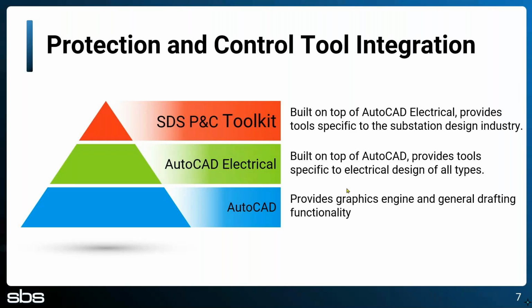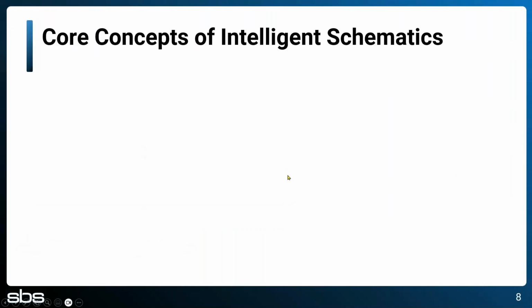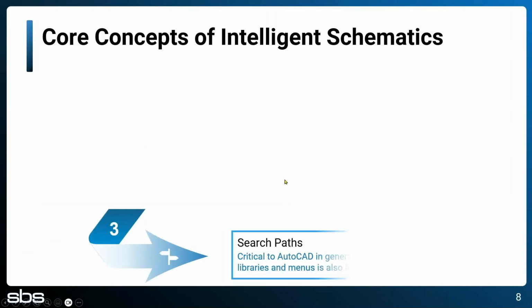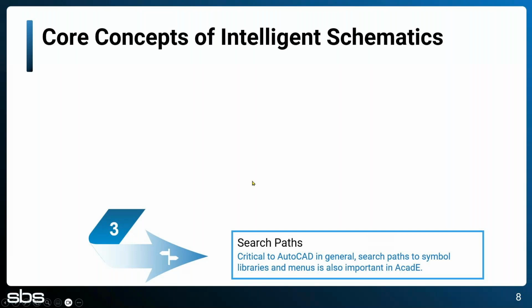The key point to this is that our core foundations all come back to AutoCAD, which means if we are storing all of our information in a DWG file, we are completely 100% compatible with any software that'll open a DWG file. We use those core entities and provide our automation with it. You can see that in this next slide, where we start with the three core concepts I like to think of